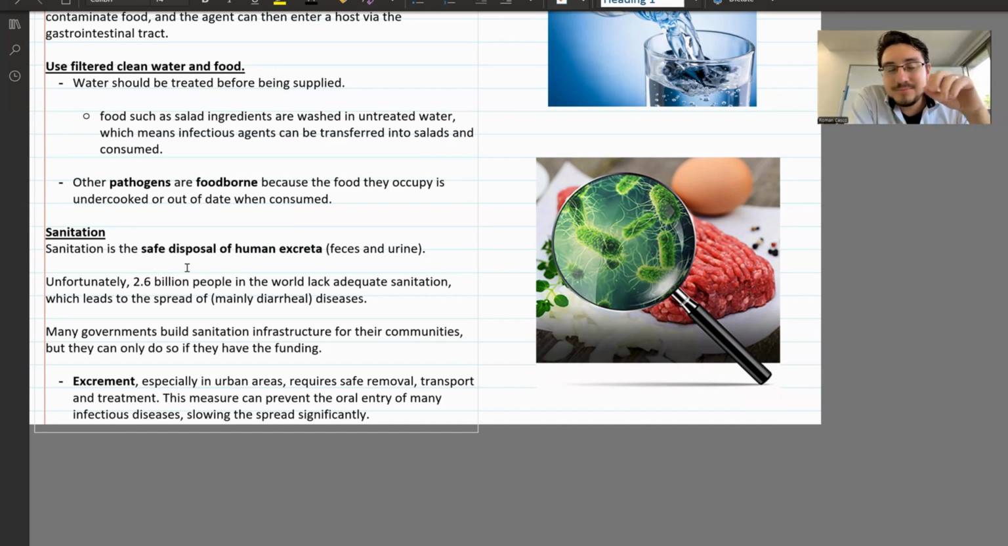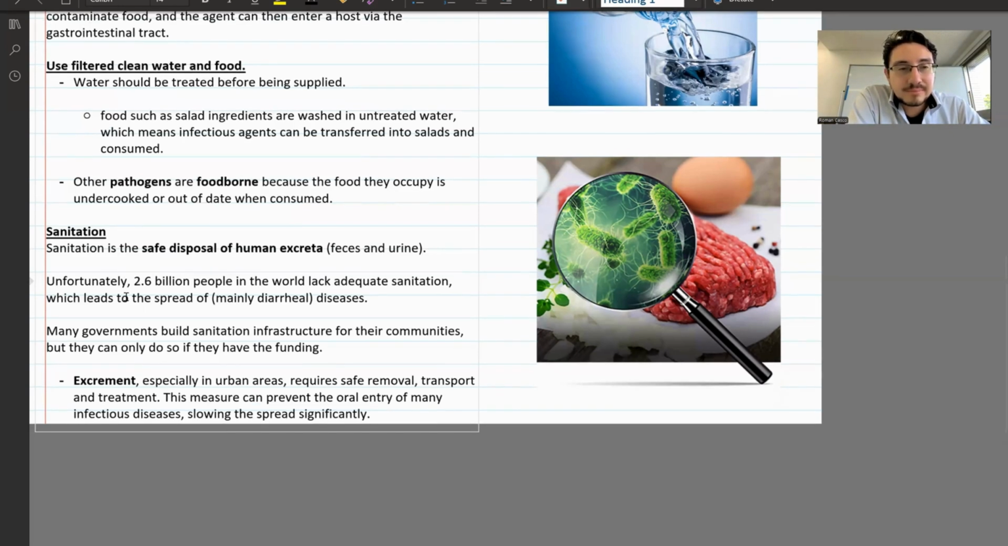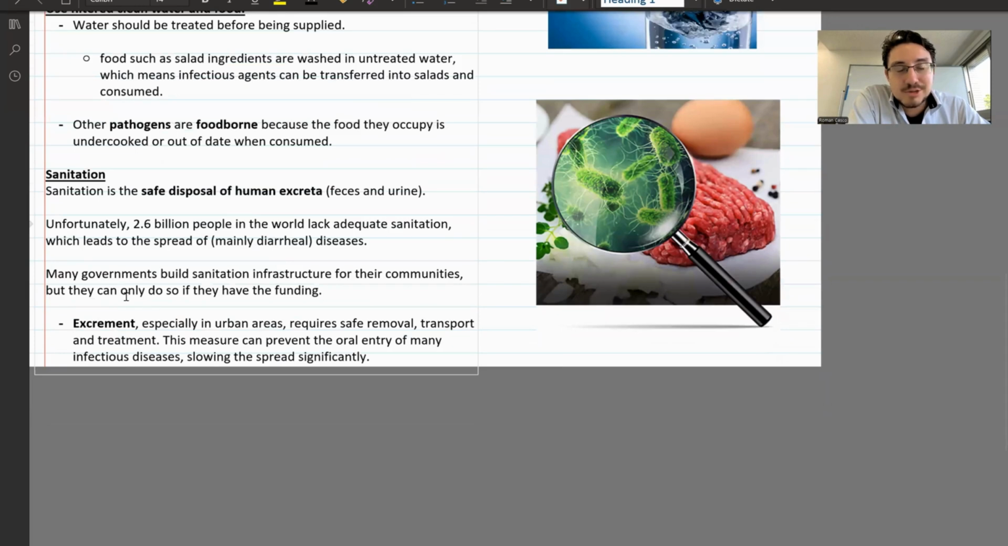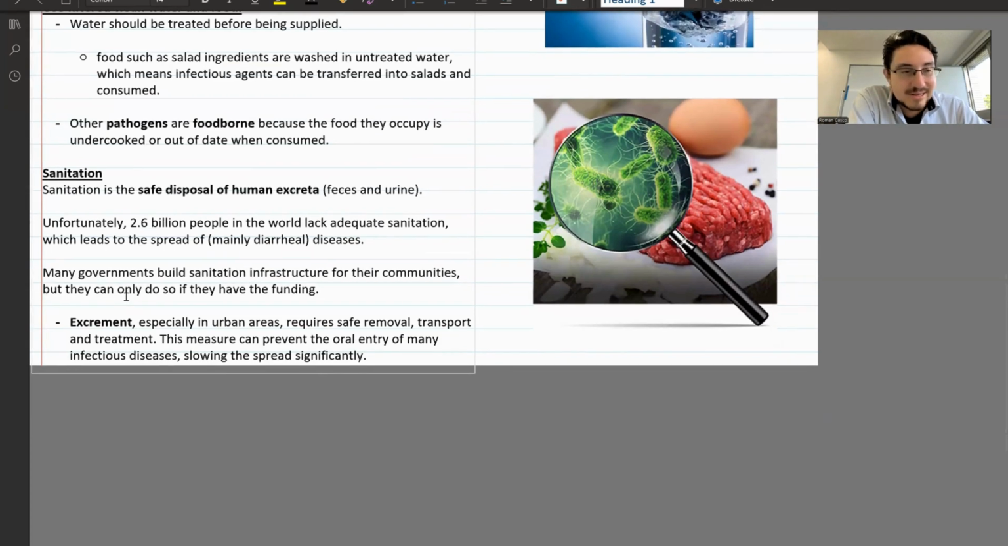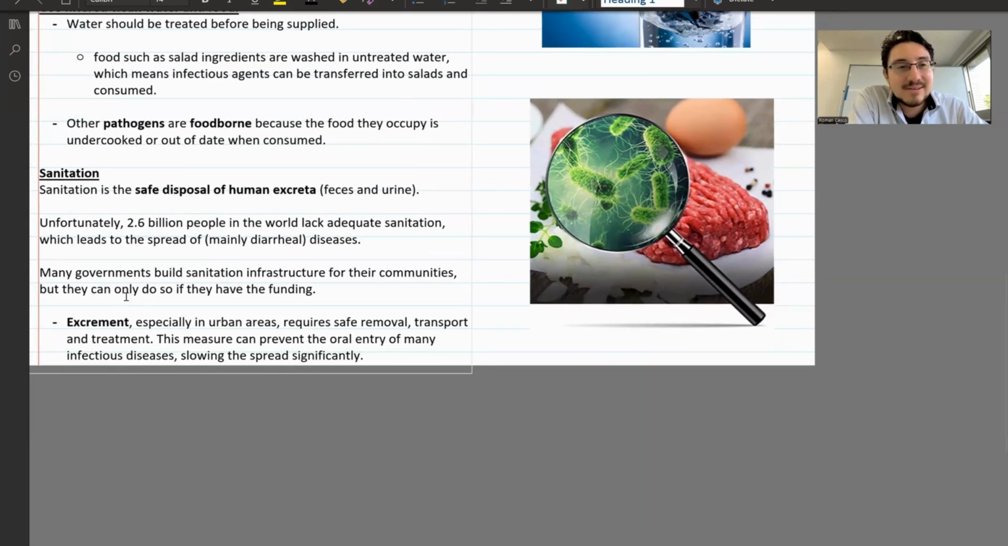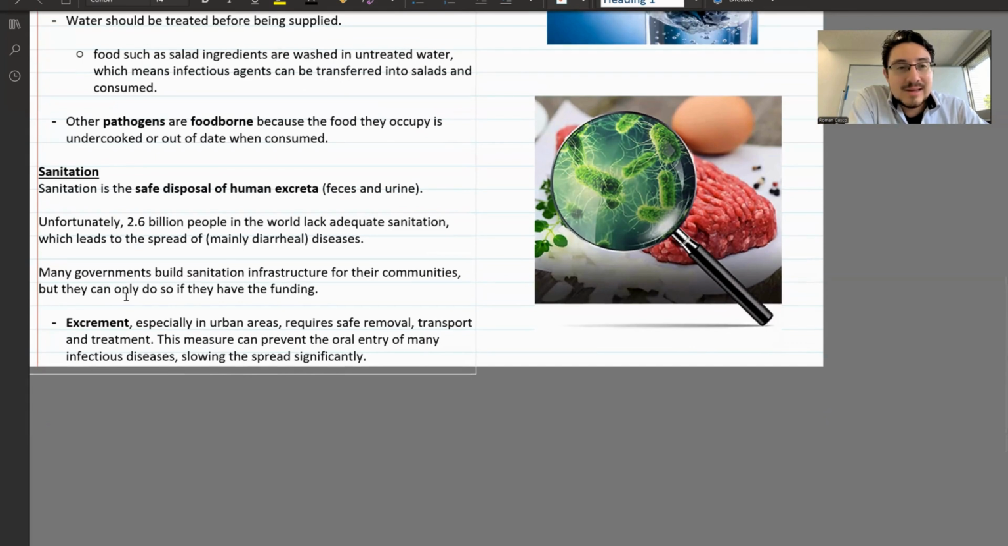Just avoid expiration dates. Be careful. Just throw it away. Don't even open. Don't even try. Even if it's sealed, it's in the fridge. Just avoid getting sick, right? Avoid getting sick. In general, sanitation is